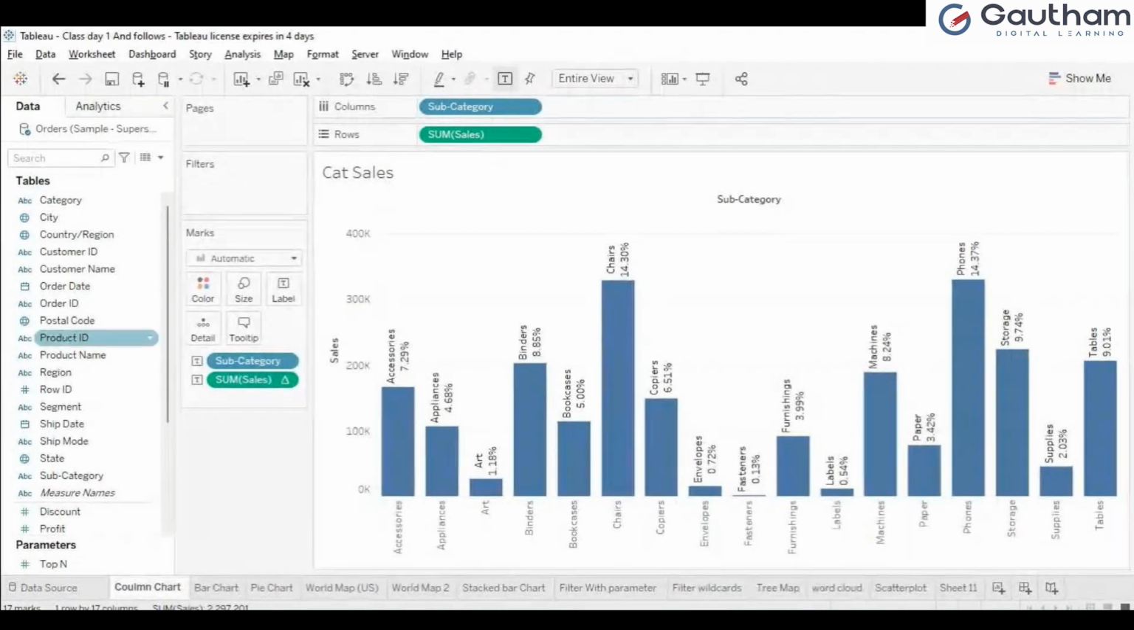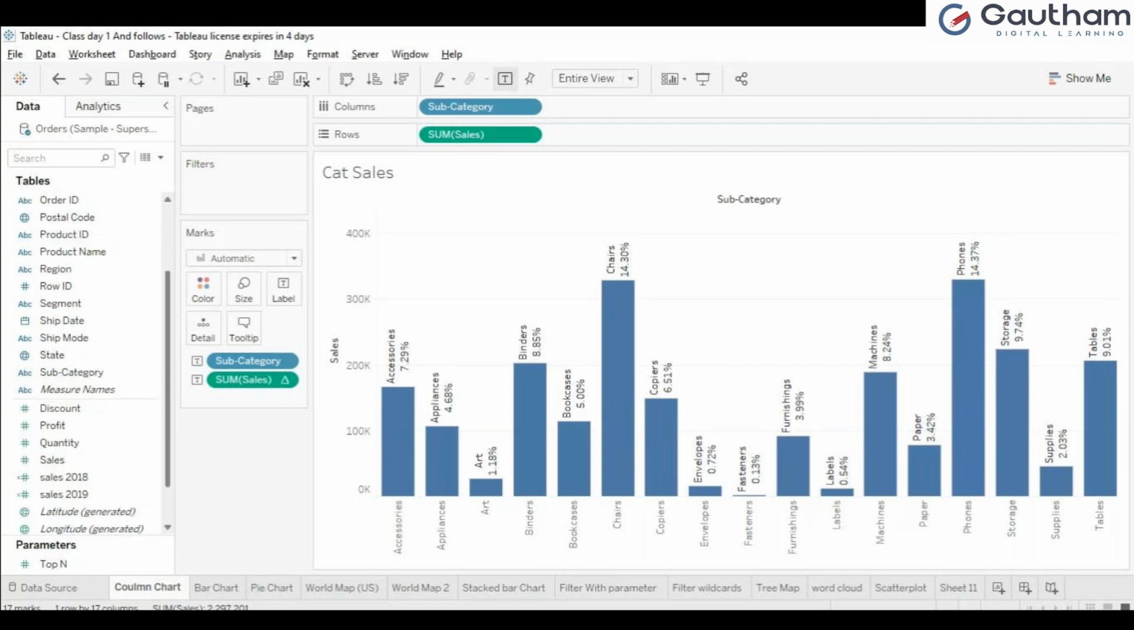One is dimensions and the other is measures. The slight line will be differentiating both of them. These are in the blue color, these are in the green color. All the number type things will be available